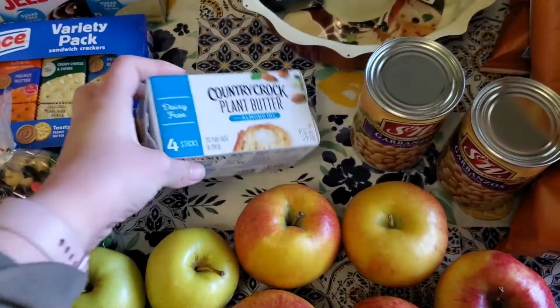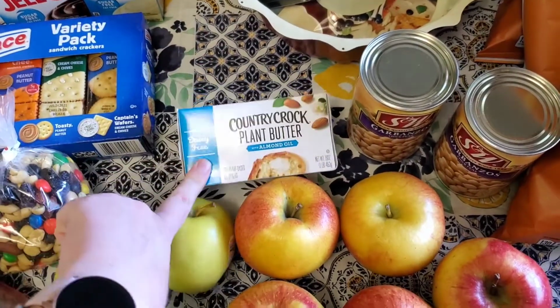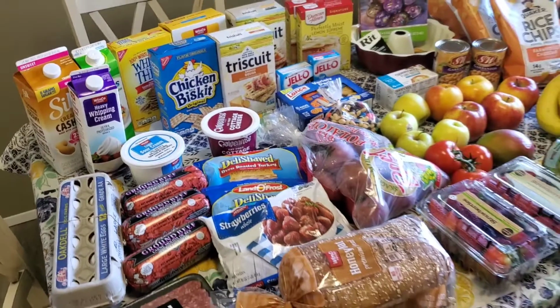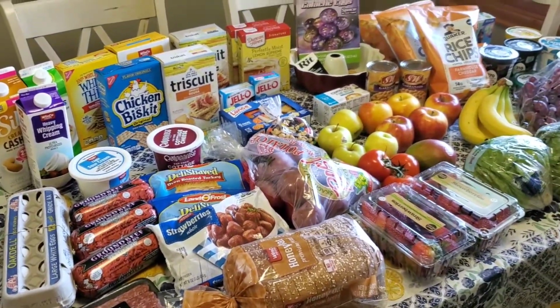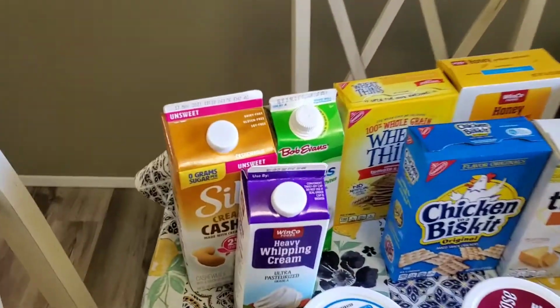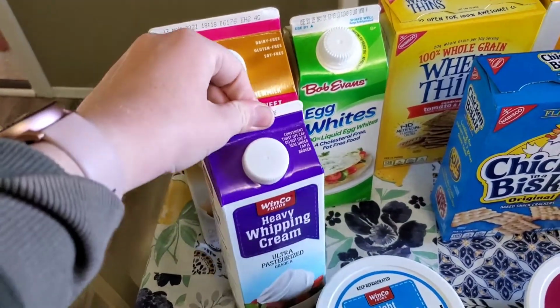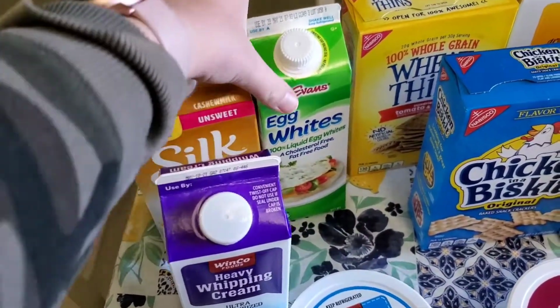I was almost out, and so that's the only thing that I got there. Okay, everything else on the table I picked up at Winco. So I'll start over here. Just got another thing of cashew milk, some heavy whipping cream for our Easter dessert, and then I picked up